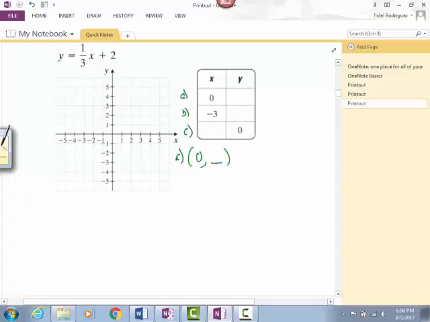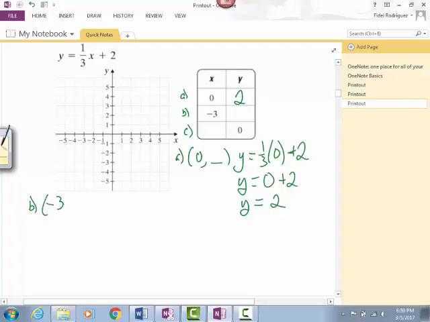0, comma, blank. So that means x is 0. So I'm going to write my equation. y equals 1/3 times 0 plus 2. Well, 1/3 times 0 is still 0. And 0 plus 2, well, that's just 2. So I'll put a 2 right there. Okay, my point B